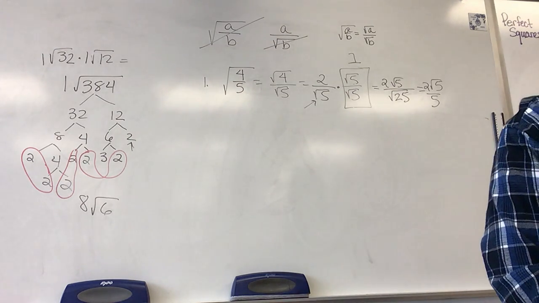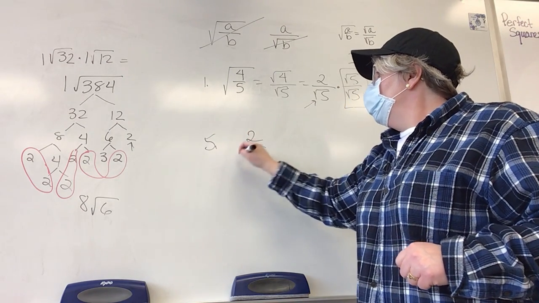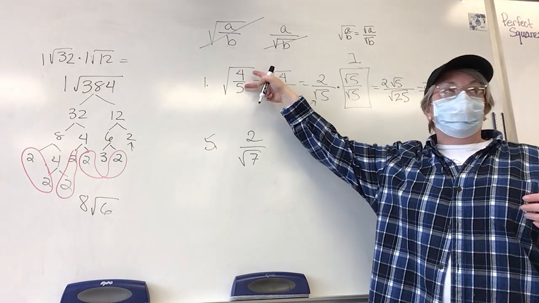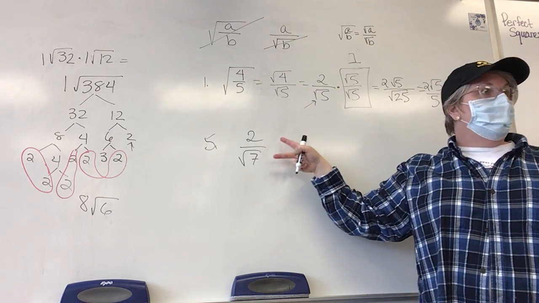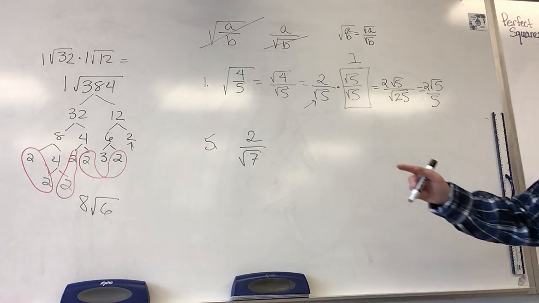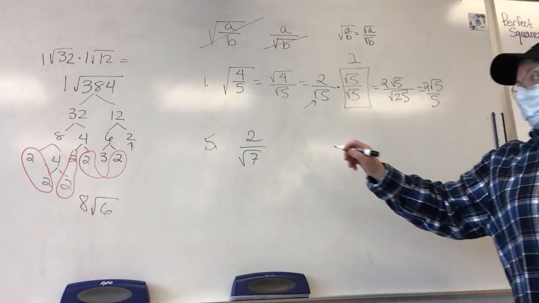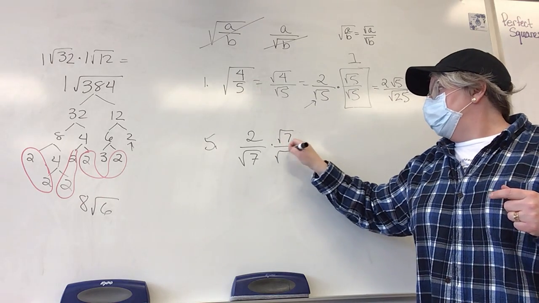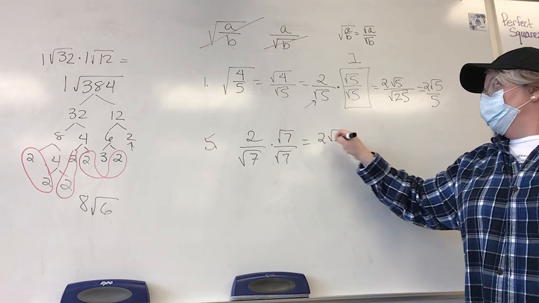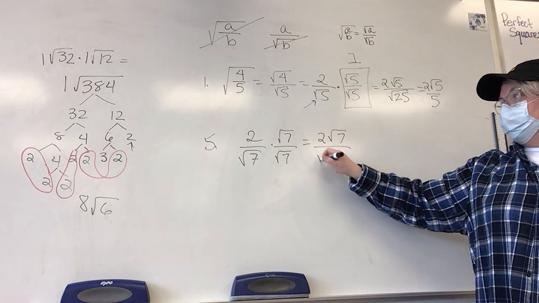Okay, let's look at number 5. 2 over radical 7. So what the book did for you in this one is it already took the fraction and split it up as the top and the bottom separated already. It's illegal because of the radical in the bottom. So what are you going to multiply by? So multiply by radical 7 over radical 7, called rationalization. On the top I get 2 radical 7. On the bottom I get the square root of 7 times the square root of 7, which is the square root of 49,